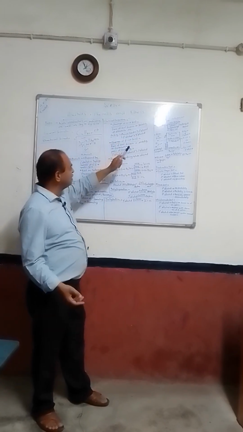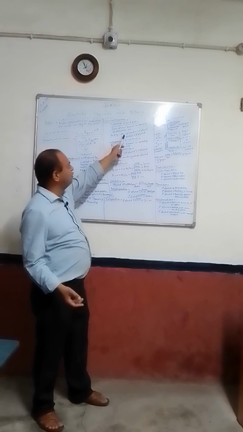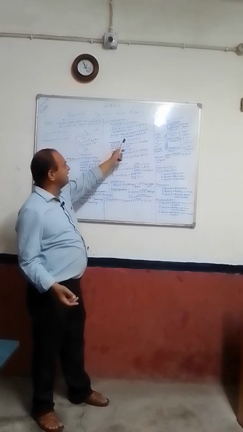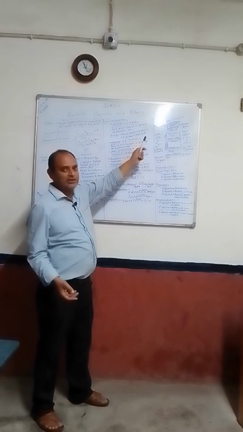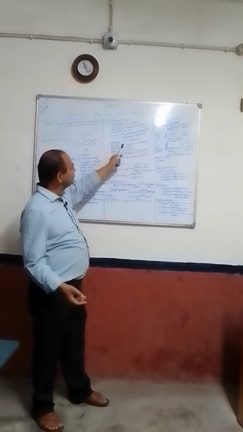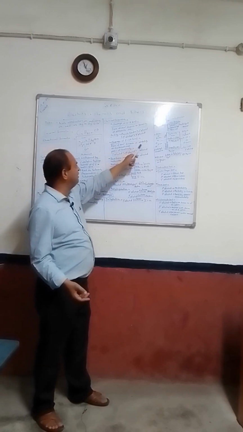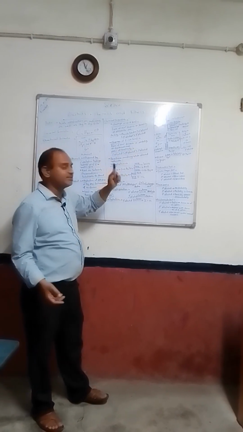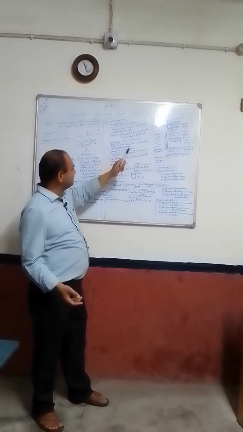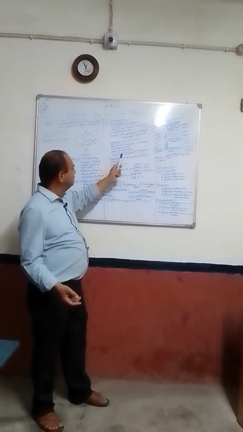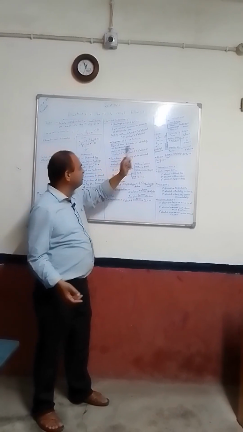So the acidity order is: most acidic is phenol, then water, then 1 degree alcohol, then 2 degree alcohol, and then 3 degree alcohol. The cleavage of the C-OH bond, ease of reaction depends on stability of carbocations. Order of reactivities: 3 degree alcohol is more reactive, then 2 degree alcohol, then 1 degree alcohol.